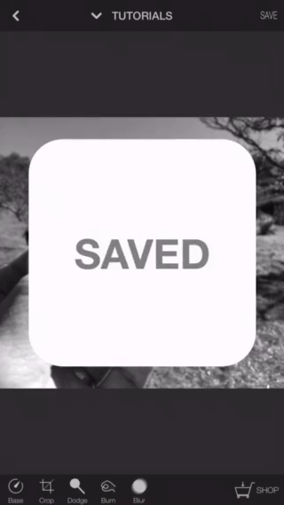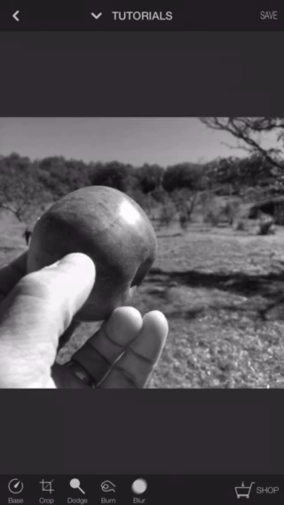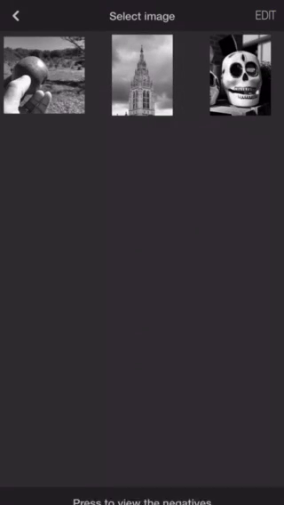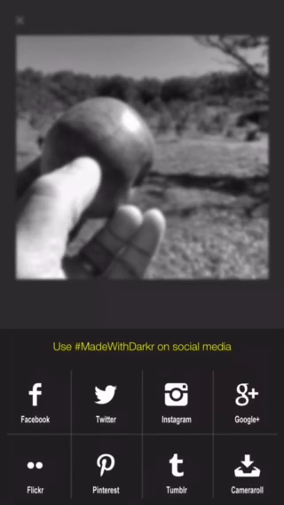I'm going to save the image here. So it did save the image. Now, this is one thing that's a little confusing. You're thinking, oh, it saved the image, and you go to your camera roll, and it's not there. Because if you go to the image by backing out and going to your thing, this is where you can actually share it. So, this is where you actually save it to your camera roll. So the image is shared, but this is where you save it, where you actually have access to it,